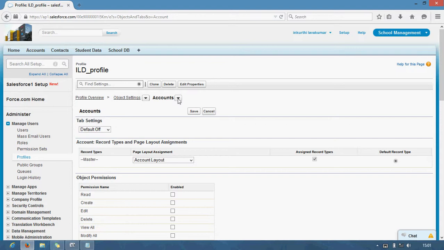You have to remember that you cannot delete a profile that is assigned to a user. Once you assign this profile to any user, Salesforce won't allow you to delete the profile directly. You have to remove this profile from the user setting, and only then can you delete the profile.